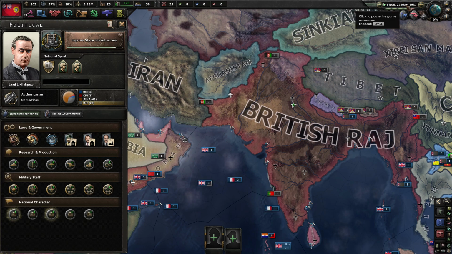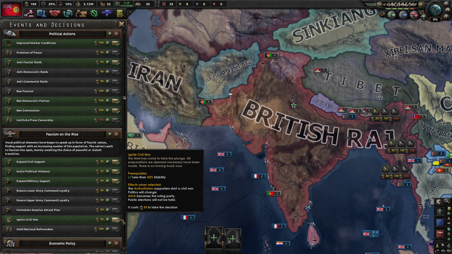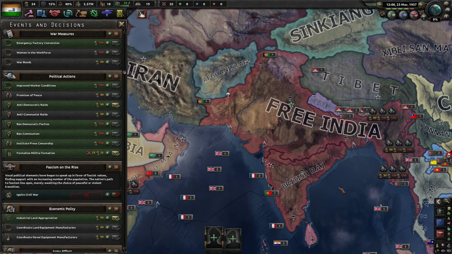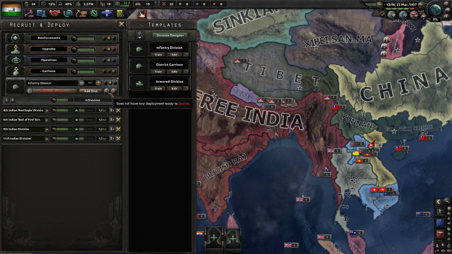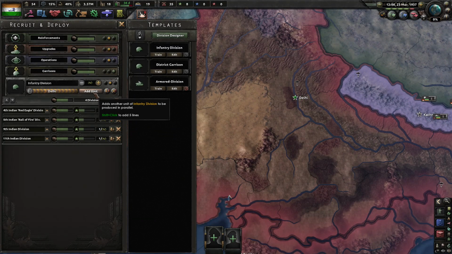Okay, just waiting for it to erupt now. Yeah, so here we go. So we can ignite the civil war now. So here we go. We are now technically free India, and the British Raj has had a civil war. It's a bit of a cheesy tactic, but to be perfectly honest, I'm fine with it. If it's in the game, I'm going to use it. I don't think there'd be any way around it, unless I bought the...